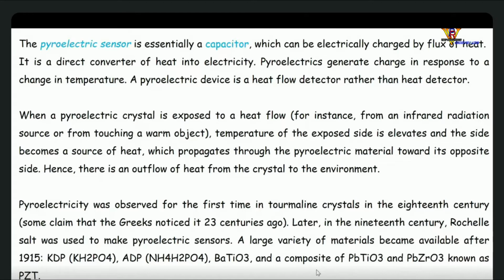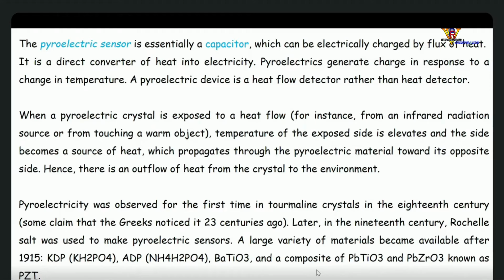Presently, more than 1,000 materials are available. Now what happens when one side of the material is exposed to the thermal flux? Heat transfer will take place, and the polarization takes place. Polarization means the heat gets converted into electric potential. So we can say one type of charged particle accumulates on one plate, another type of particle accumulates on the other plate. So that is the kind of polarization. Now, in the present situation, we have more than 1,000 materials with reverse polarization.